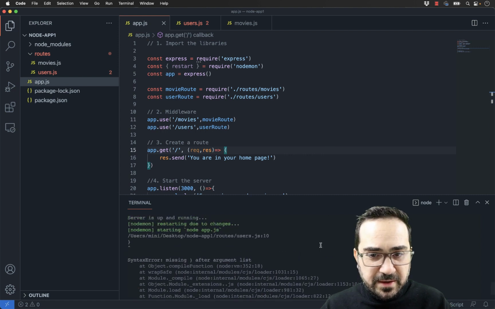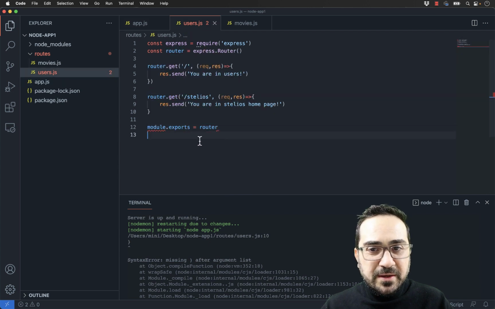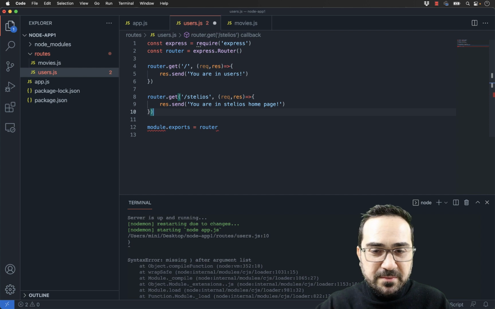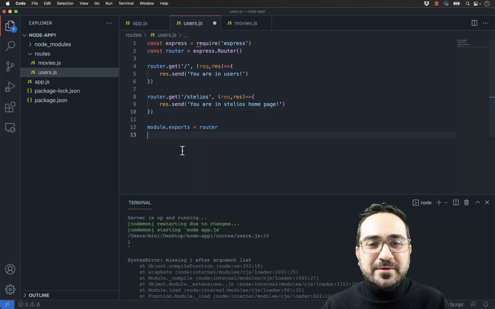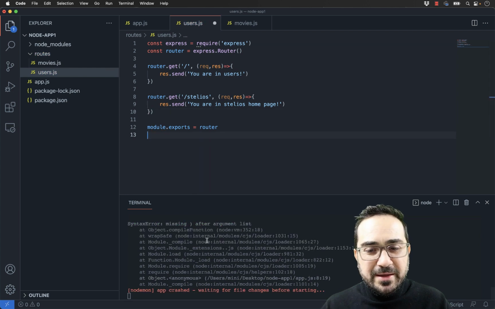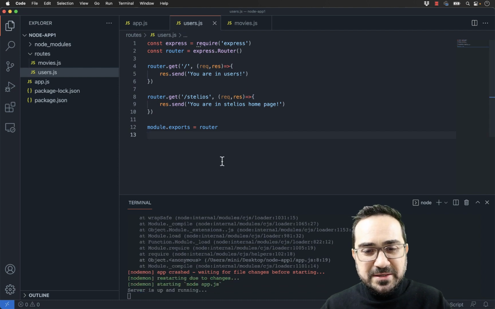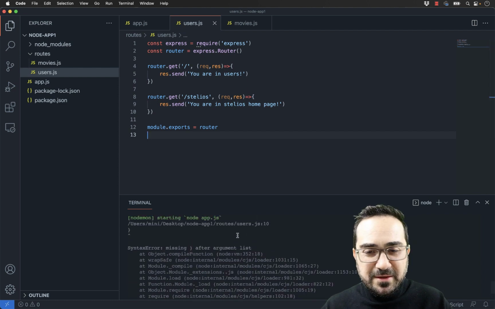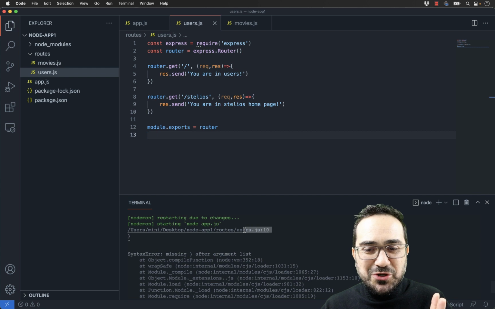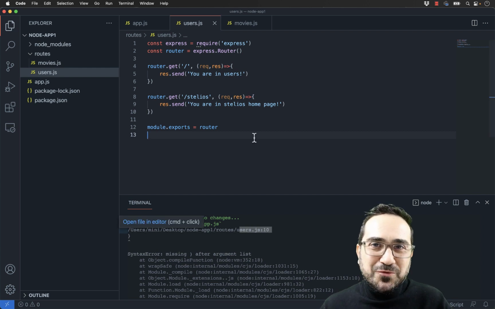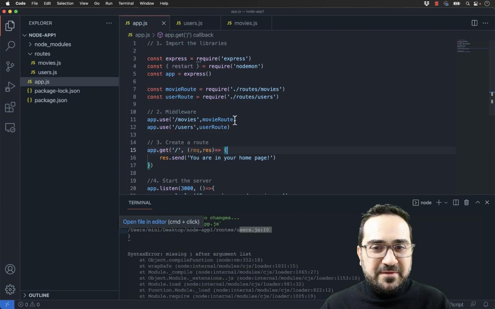There is an error in the users.js. I will find it in a second. Probably I made an error here by forgetting to close parentheses, but I will find it. Okay, so don't worry if you see an error here. In many cases, we might see an error. Just read the error here, right? In many cases it will show you where it is. If not, just go back and try to find out what you did last and what you might need to change.